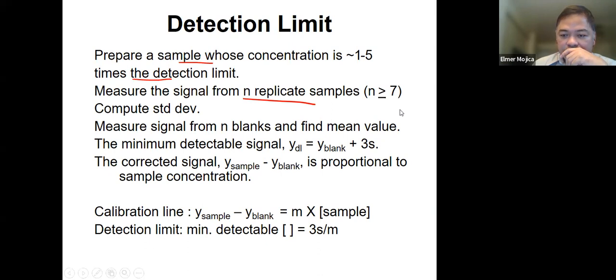Okay. And then you compute the standard deviation. And then once you have that information, you can use the different formula that is shown here. So to determine the minimum detectable signal,